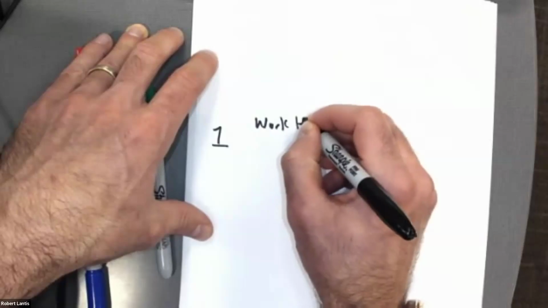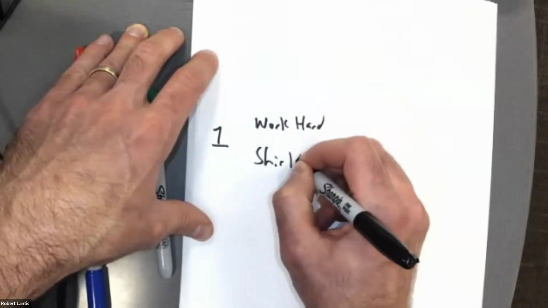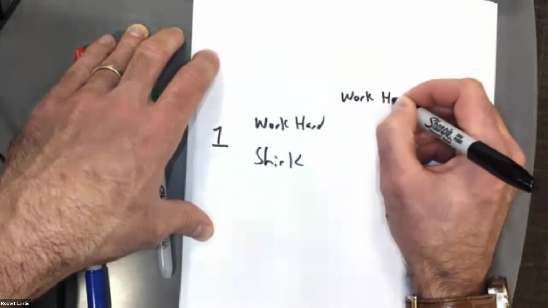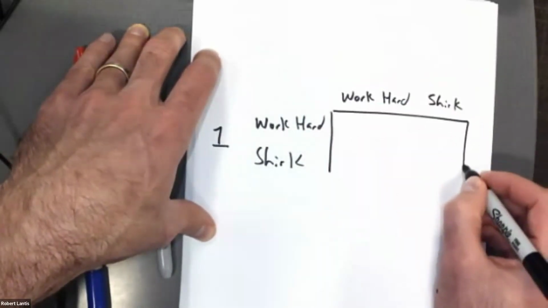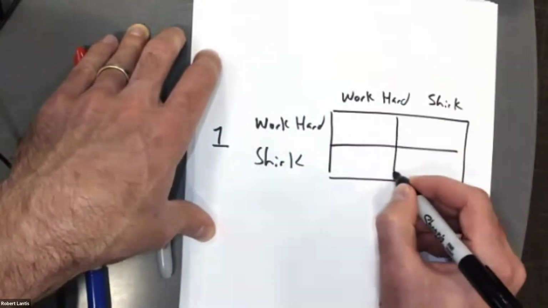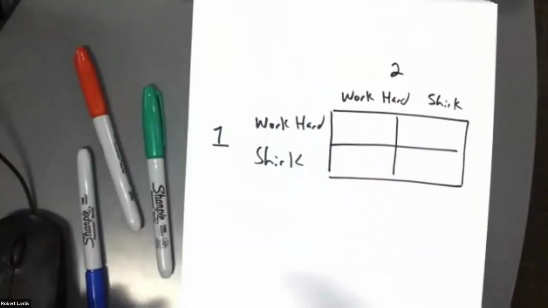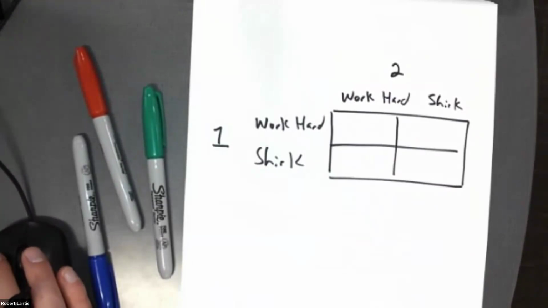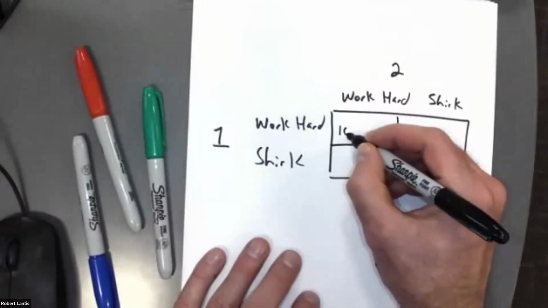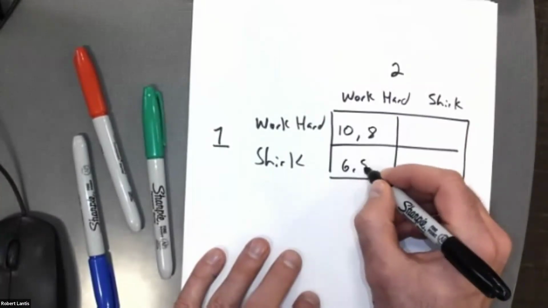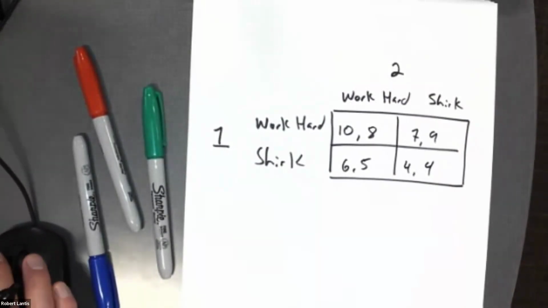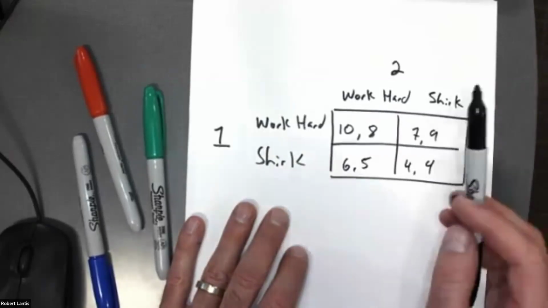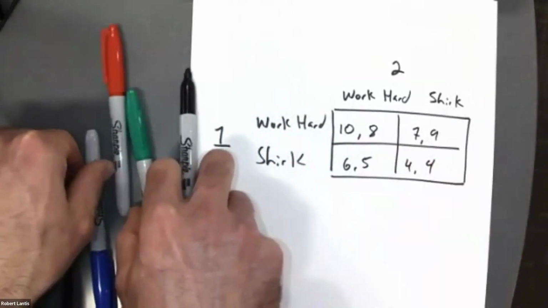So let's say you have a decision between working hard and what in labor economics they label as shirking. All that means is you're slacking off, you're not working hard. So these are the two choices that each of these workers have. And I always like to think about this example because, I probably mentioned this before, I used to work at a grocery store, stocking shelves. And there were definitely people I worked with that shirked a lot more than they worked hard. And so in this example we can think about person one, if the other person is working hard,